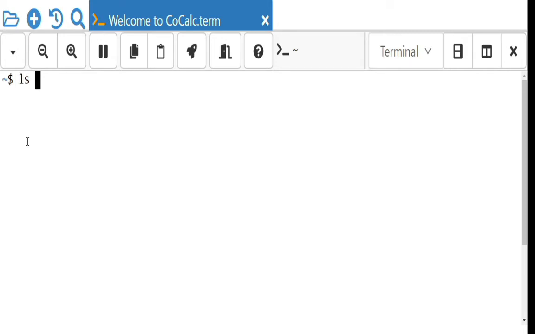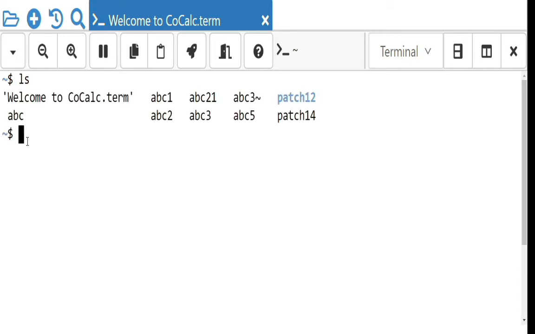Okay, first we will see which files are present in my directory. See, abc1, abc2, all files are there. Let me delete all these files.